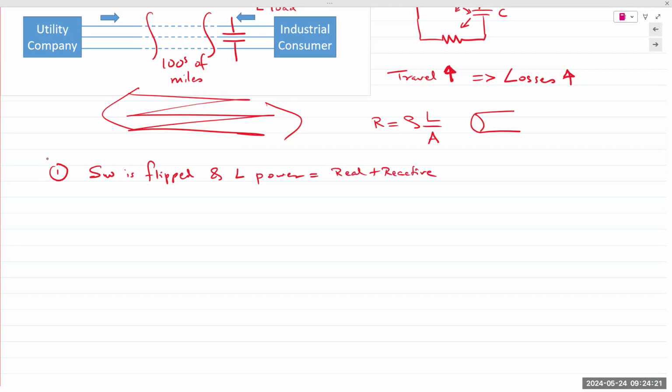This is sent by the utility company the first time, meaning the first half cycle. In the positive half cycle, the energy flows into the inductor. In the negative half cycle, the energy flows out,